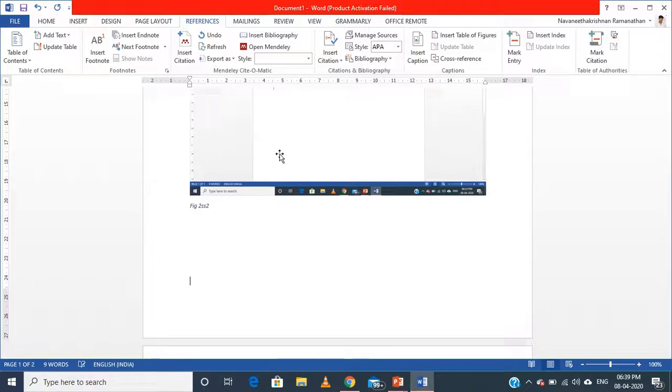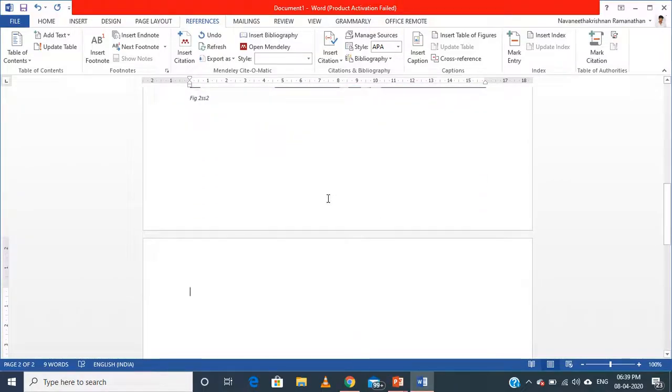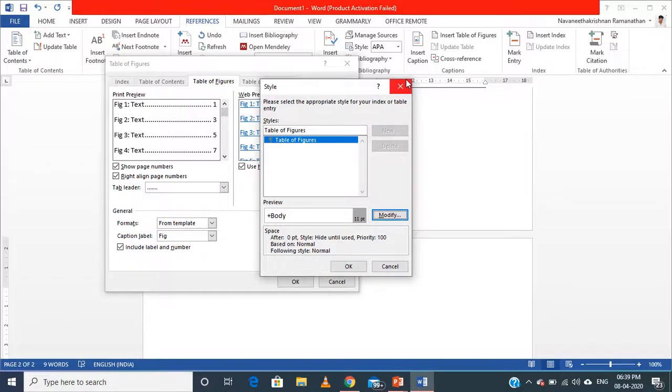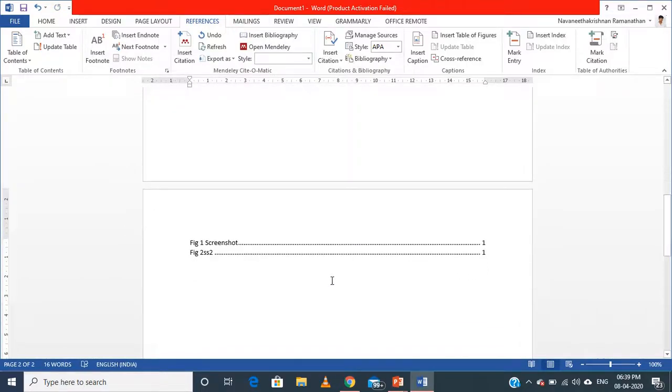After giving all these things, you just go to wherever you want to paste your list of figures, place the cursor and insert table of figures. You can also modify the fonts and formatting of your table of figures, and say okay. Whatever figures you have included in the project will be listed.